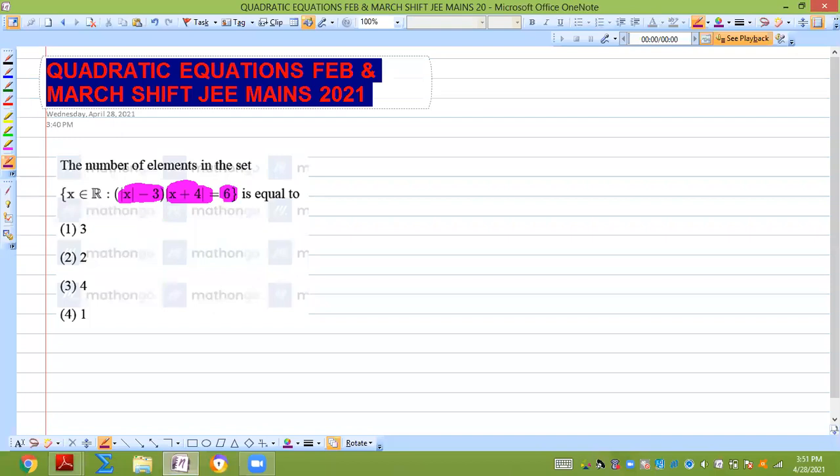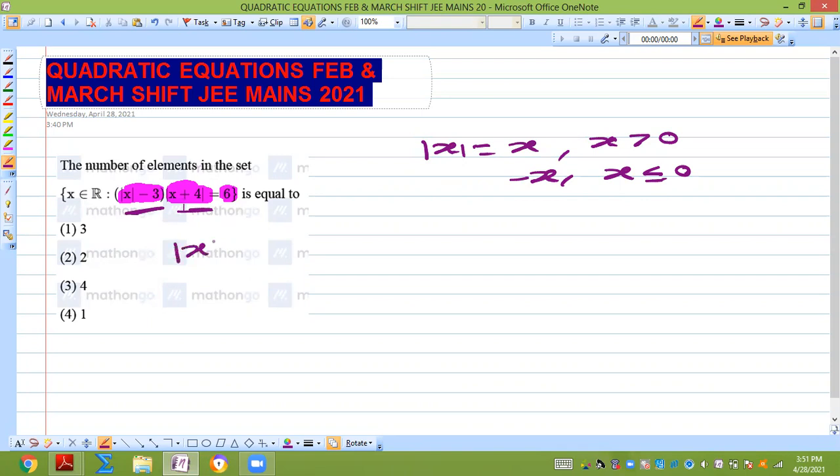One is directly using the condition like |x| is equal to x when x is greater than 0 and minus x when x is less than 0. So using those conditions we can do, or else we can use a graph. In this, |x - 3| and |x + 4| is equal to 6, I am making it like this: |x - 3| is equal to 6 by |x + 4|. This is actually the |x| function, but it is subtracted with 3. So if you see the graph,